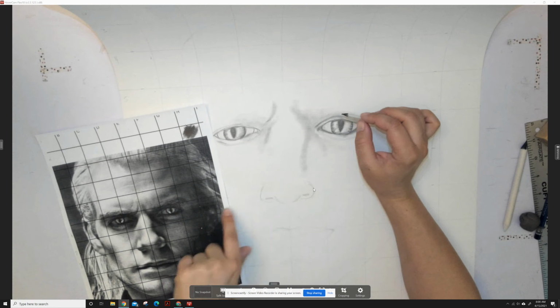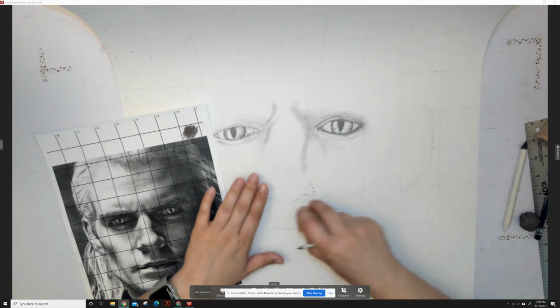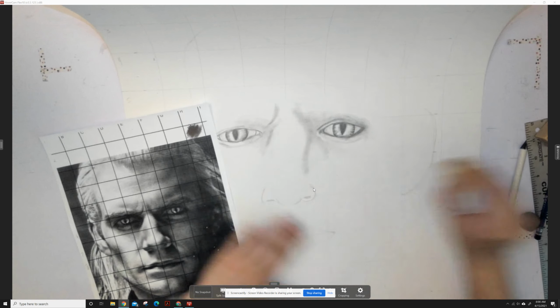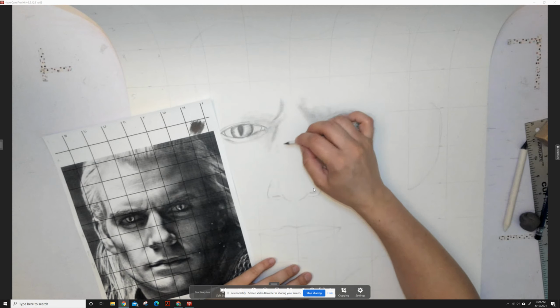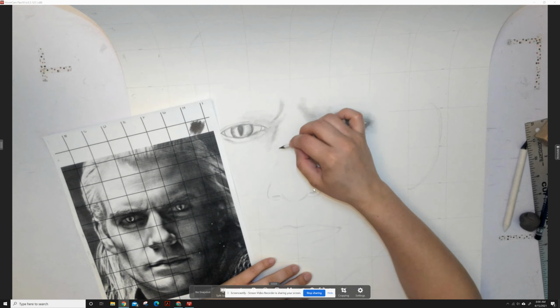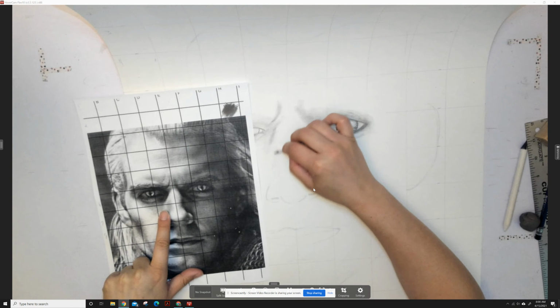Now you do want to erase the grid as you go, so I've erased the grid in this area. Erase it a little bit more below the nose. You do want the grid out of the way, and you can't really erase it afterwards because it'll mess up your shading. So I'm just going to start paying attention to these shadows, and very lightly,